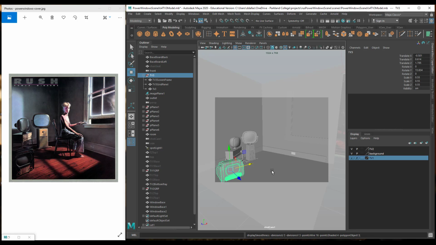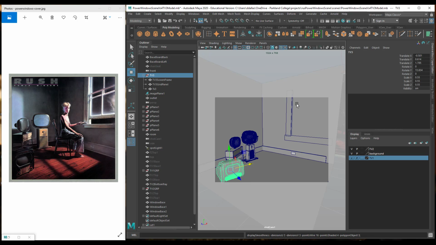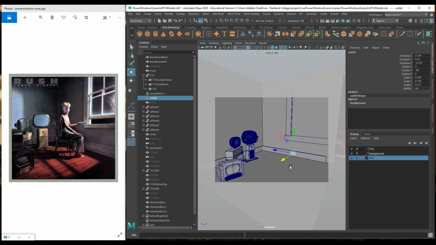And now what I want to do is I'm still going to need to frame in my, let's do my wireframe on this. Wireframe so you can see everything. So I still need to put in a little window, a hole here in the wall, and put in my window frame and my window panes. So my window panes here, and then some trim and an outlet. So that's not too bad. I think I'll just go ahead and knock in a couple of these things. So this is an outlet, and I'm going to bring that up to